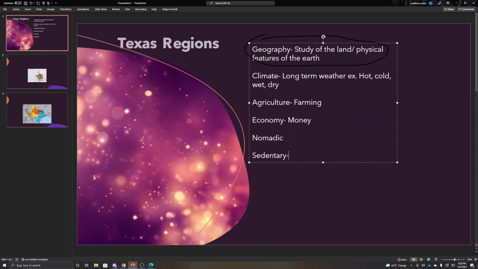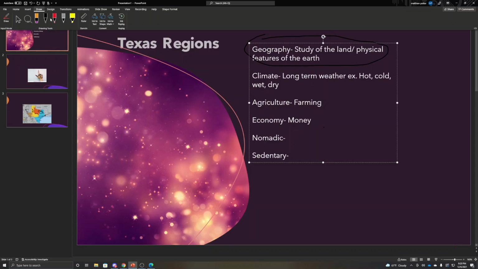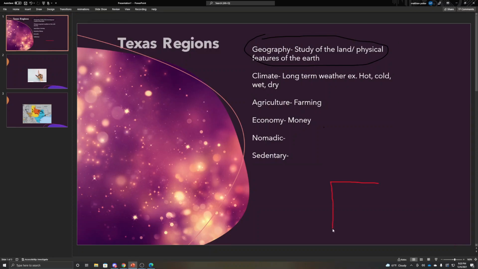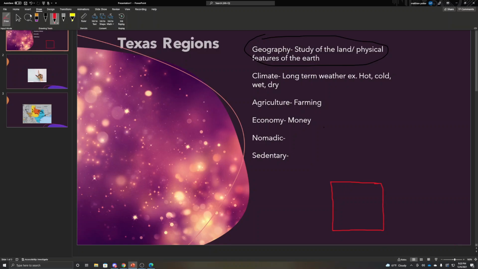Sedentary. So, the way I like to remember sedentary and nomadic is I don't really have a word to remember nomadic, but I know if I know sedentary, I'll know what nomadic means because it's the opposite. So, how I remember sedentary is, imagine you have a cup. You have a cup and it is filled with water.